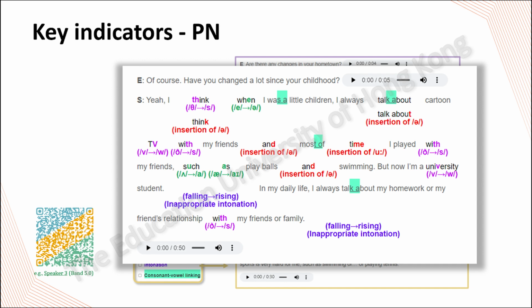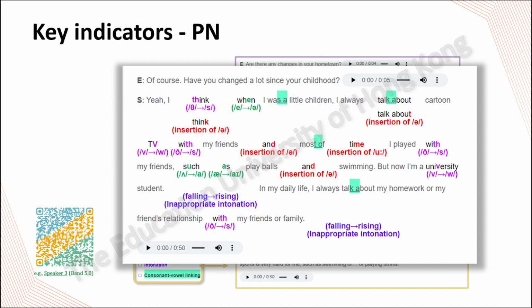Such as play balls and swimming. But now I'm a university student. In my daily life, I always talk about my homework or my friends' relationship with my